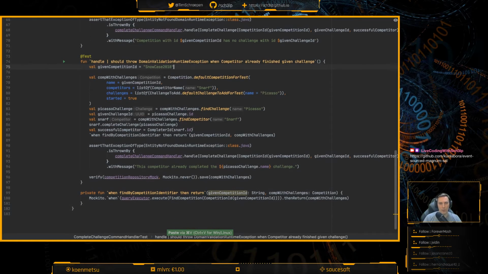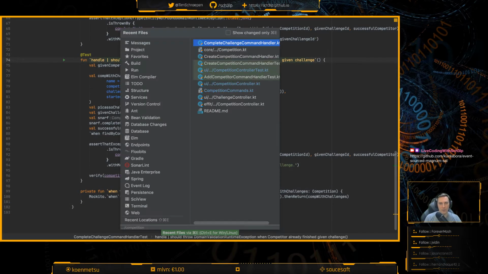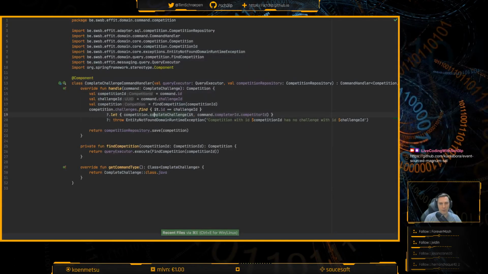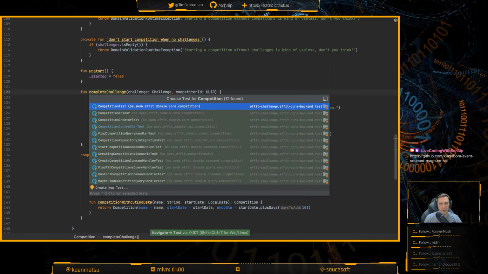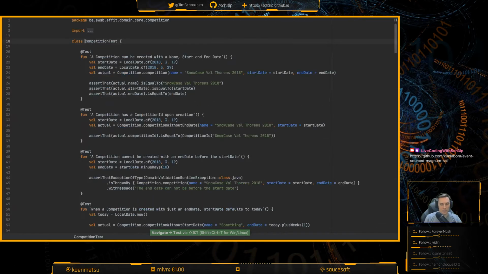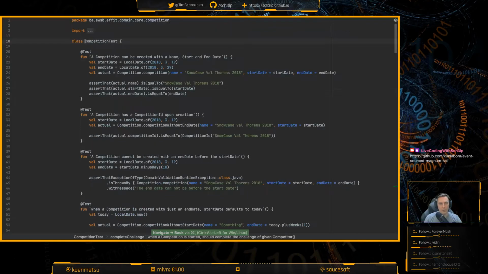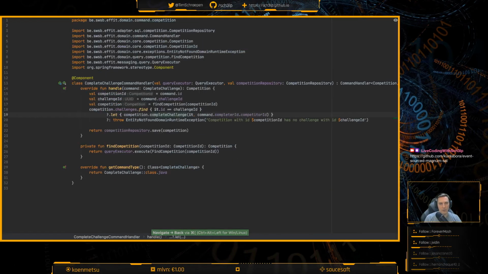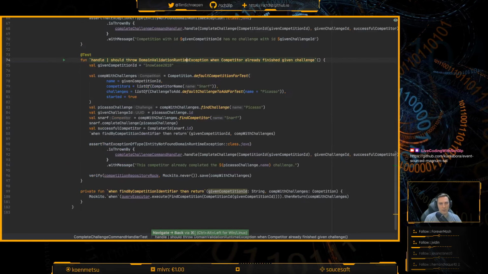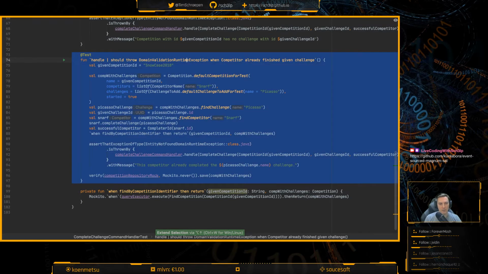See, it's weird that I test this here because I already have unit tested this complete challenge in competition test itself. So maybe what I'll do is I'll remove this test because it's already completely tested in a separate unit.